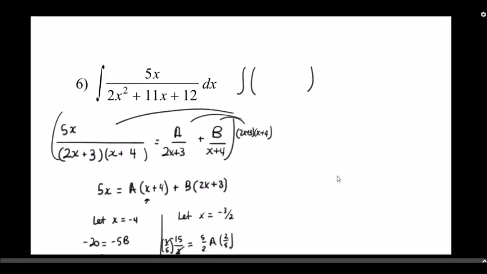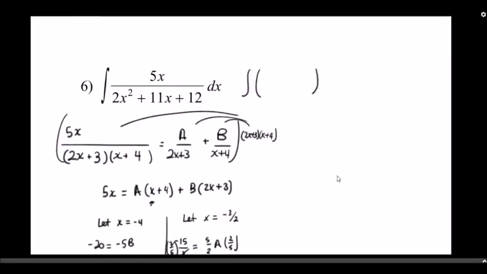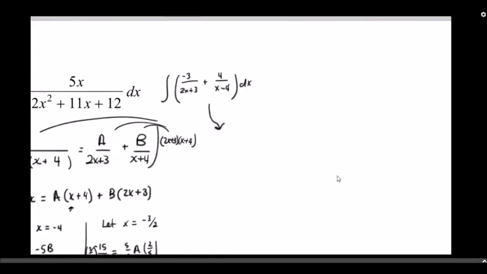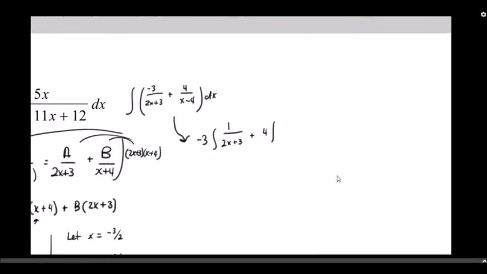So coming up here, this turns into the antiderivative of separate partial fractions. And a, what was it? A was -3, so we've got -3 over 2x plus 3, and then what was b? B was 4 over x plus 4. So then we can separate this into two problems and then pull those numerators out as coefficients in front. So I'm going to have -3 times the antiderivative of 1 over 2x plus 3, and then a 4 times